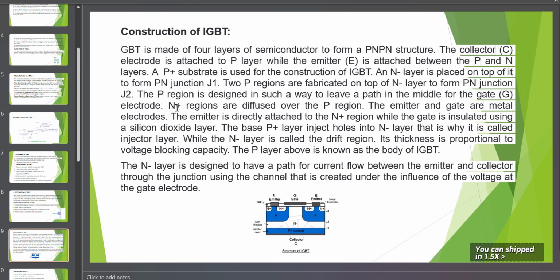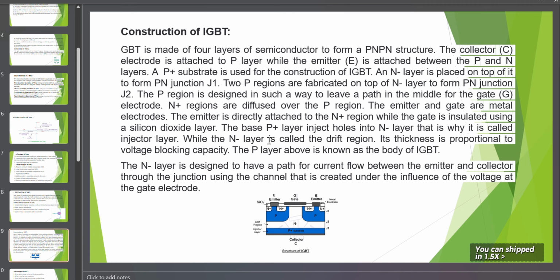Okay, N plus regions are diffused over the P region. Okay, the emitter and gate are metal electrodes. Okay, the emitter is directly attached to the N plus region, while the gate is insulated using a silicon dioxide layer. Silicon dioxide layer দিয়ে insulated করা আছে। The base P plus layer injects holes into N minus layer, মানে P plus layer inject hole into N minus layer. That is why it is called injector layer. তাহলে ইনজেক্টর লেয়ার পি প্লাস কে কেন বলা হয়? কারণ পি প্লাস লেয়ার ইনজেক্ট করে হোল এন মাইনাস লেয়ারে। ওকে,